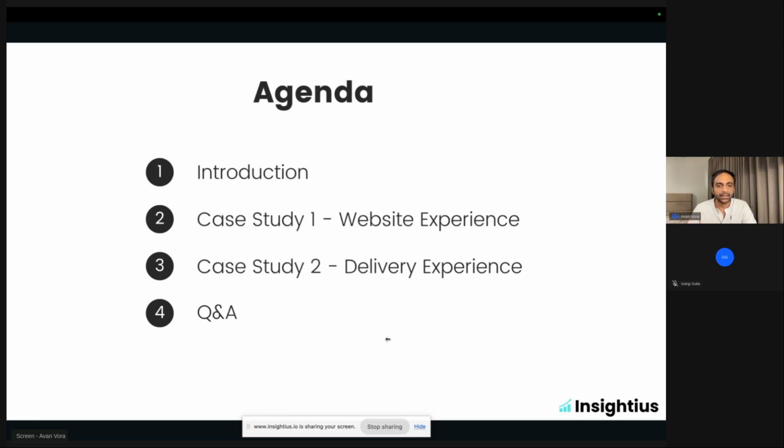So both the cases are designed to be a bit different from each other, so I don't repeat myself again and again. I know it's a 2-hour session, so I'll try to make it as interesting as possible. It's a Saturday evening, right? I want you to get the most out of your time as well. It's festival season as well, so I'll try to keep it brief but very, very useful for you. Again, we'll have a Q&A towards the end, so reserve your questions.